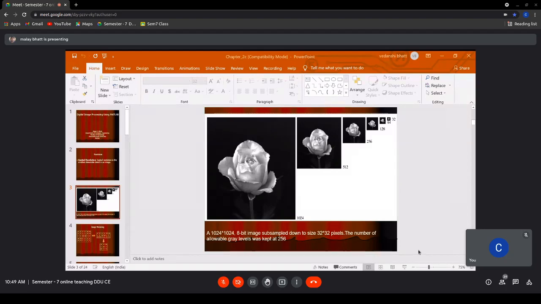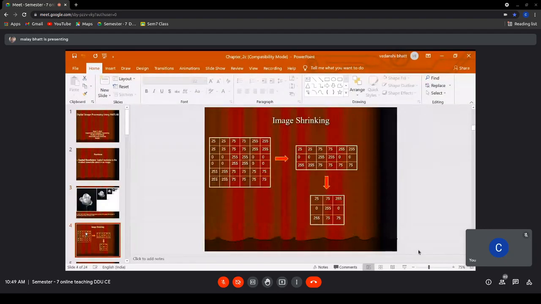So let us see through an algorithm how you can do this kind of change in the size. We have a very simple algorithm here. I am taking a sample image for your understanding purpose.